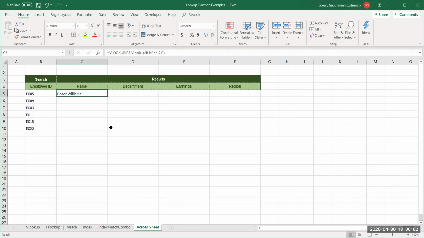Any cell reference you use to get the result in a single cell, it will work. The problem is only when you have to copy paste it to other cells. That's when you have to think of the cell reference. Otherwise, there is no problem in getting the result in a single cell like this. It will work for you. Now let me copy paste it downwards.